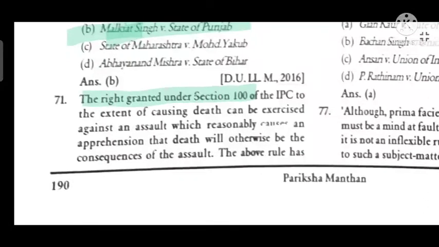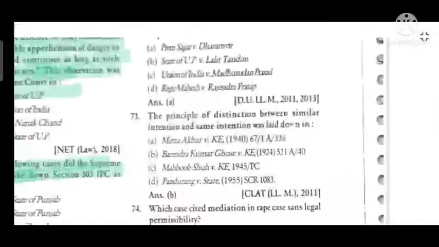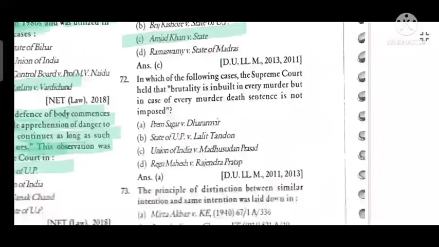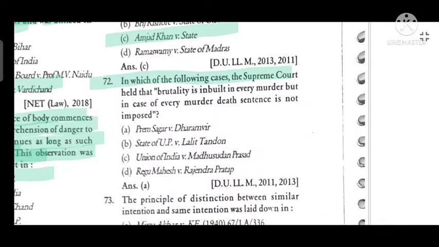A right granted under Section 100 of IPC, extending to causing death, can be exercised against an assault which reasonably causes an apprehension of death or grievous hurt as the consequence of the assault. The above rule has been explained by the Supreme Court in which one of the following cases? Amjad Khan versus State. In which one of the following cases did the Supreme Court hold that the brutality inherent in every murder is not a reason for every murder case to attract the death sentence? Prem Sagar versus